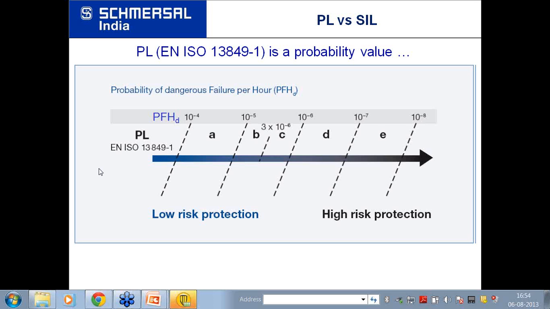How many safety interlocks is suitable in single operation in chemical plant? Mr. Paresh Dalal has asked, how many safety interlocks is suitable in single operation in chemical plant? So this is a question which I cannot answer, because I don't know what is the risk involved, how many people are affected, how many levels are required, how many door guards are available. If you have to achieve PLe, which is the maximum for a machine, then you should at least use two electromechanical safety interlocks.